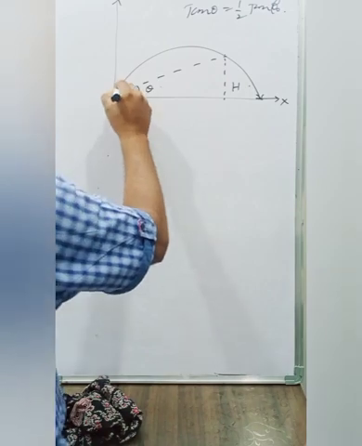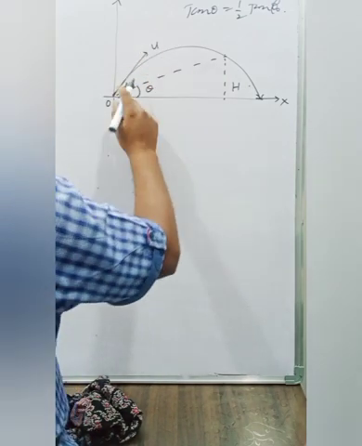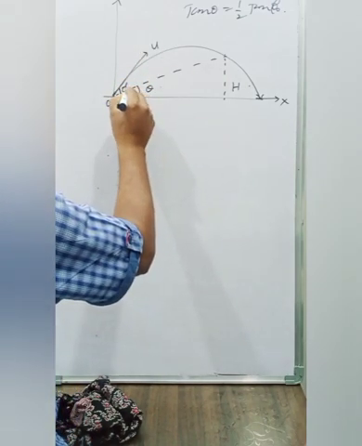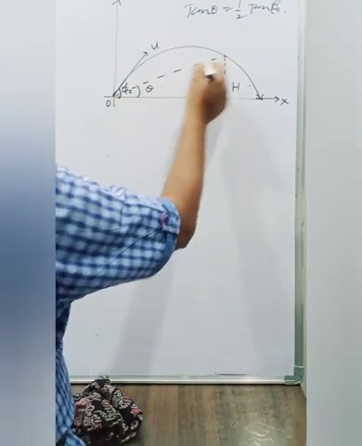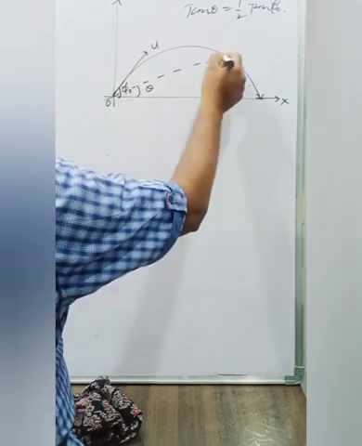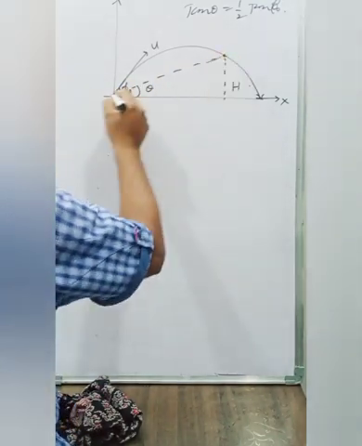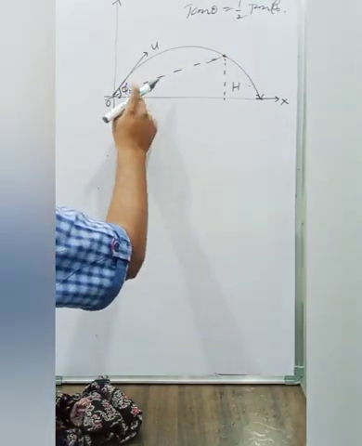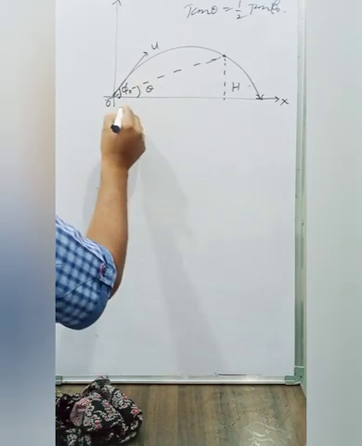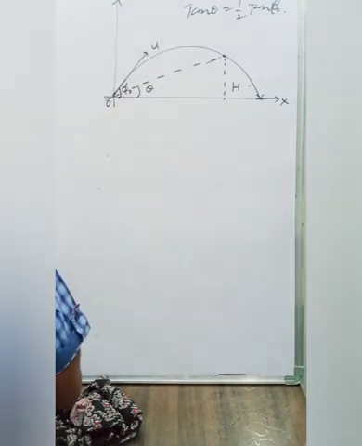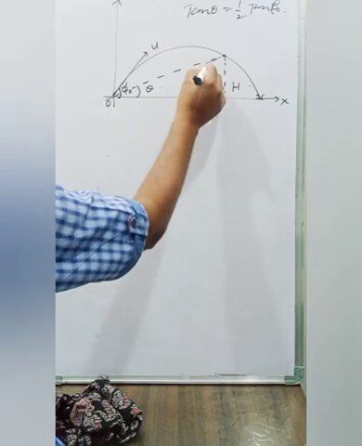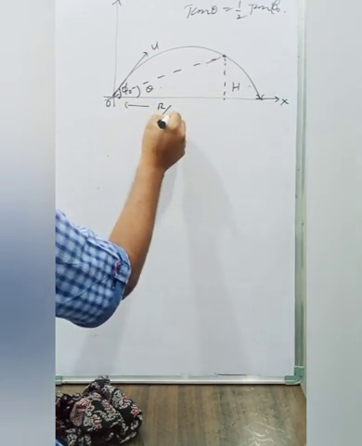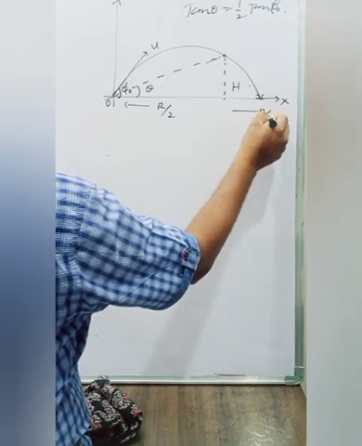Here the projectile is projected with an initial velocity u and angle of projection phi naught. They are reaching the same plane. The maximum displacement is drawn from the highest point to the point of projection. That is the angle of elevation. So we can call this the range. Here this part is half of the range, and the remaining part is half of the range.